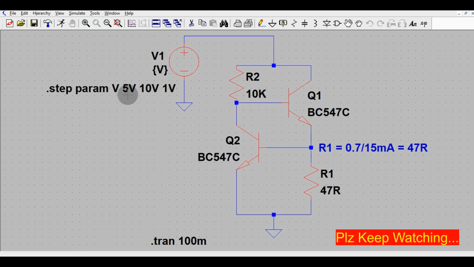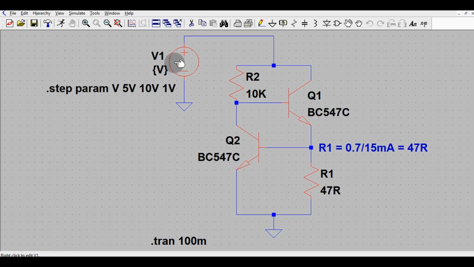In the last video, I have already discussed the .step param, how we write the .step param and how we sweep the parameters. If you haven't watched that video, please go and watch it. You will have a proper understanding of how to write this type of syntax in the circuit diagram, right?